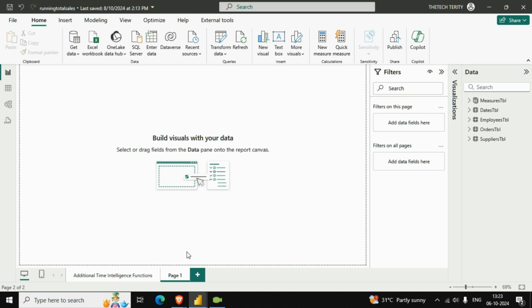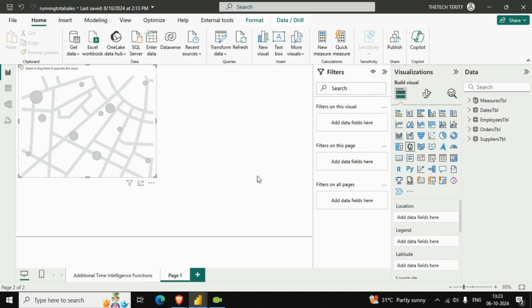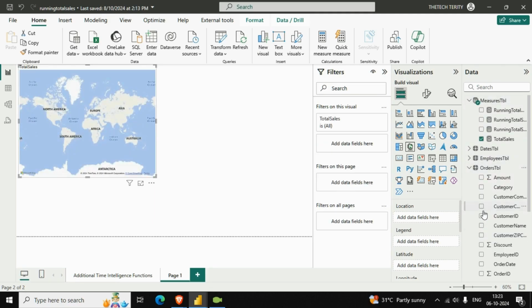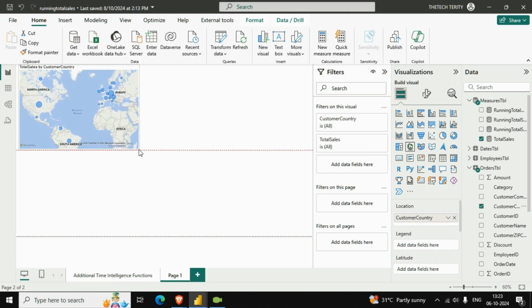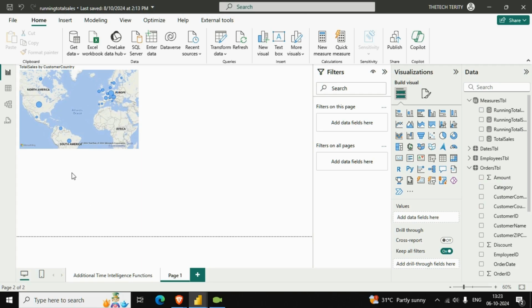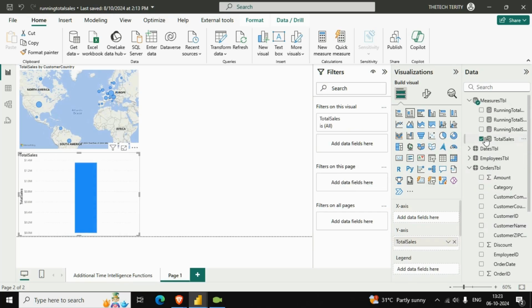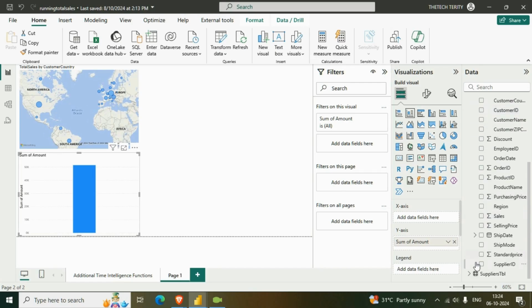So for that, what we need is some visuals here. So let's add some visuals. I'll add, let's say, a map here, which is total sales generated by the countries. So we have this. I'll just format it, and I'll add, let's say, a stacked column chart, and here I'll add total amount,